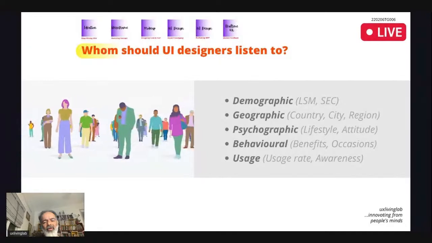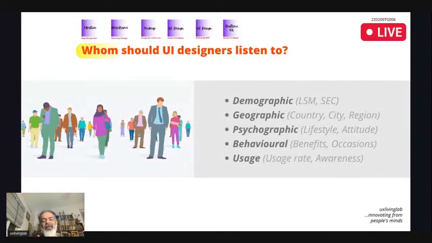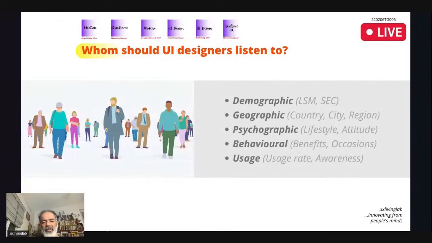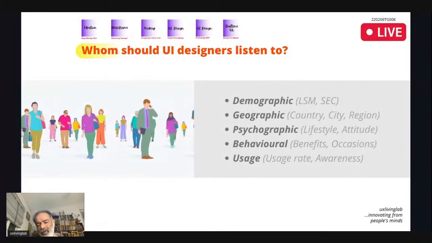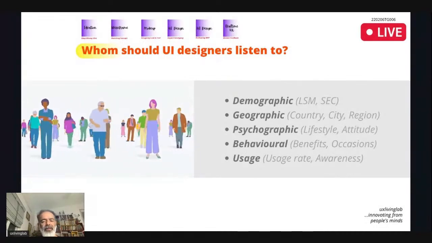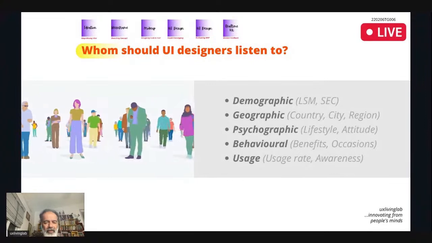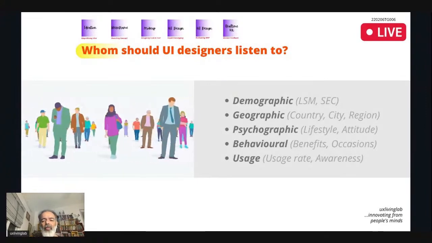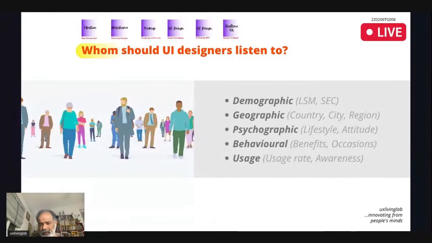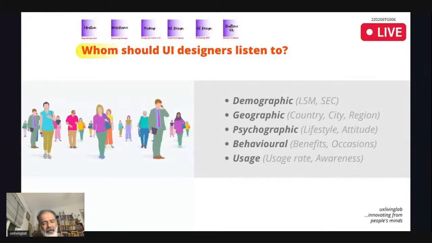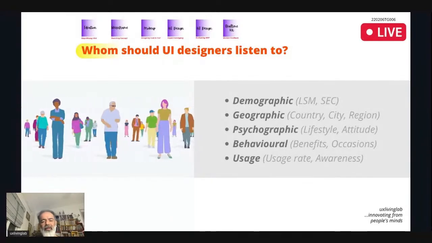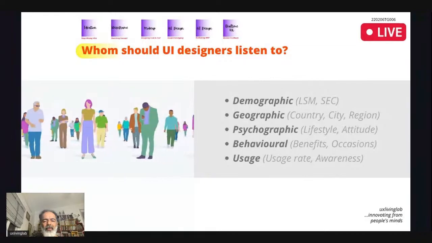Why am I explaining all these five segmentations? If you apply these five segmentations, we call it 360-degree segmentation. That is, you cover all the aspects of the society, and you can divide the groups into these 360-degree segmentations. So that means when you talk to a user, that user represents a cross section of these segmentations. So when you select users from all cross sections, it will be a complete view from the community.